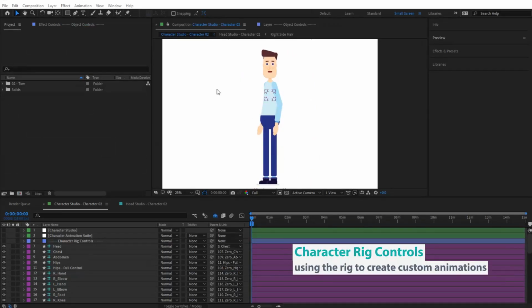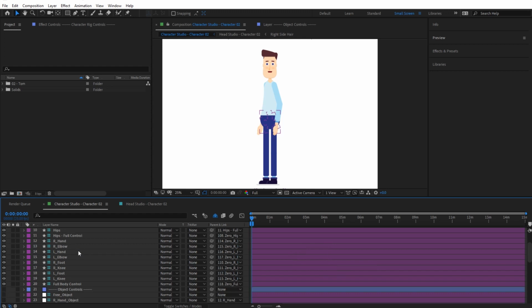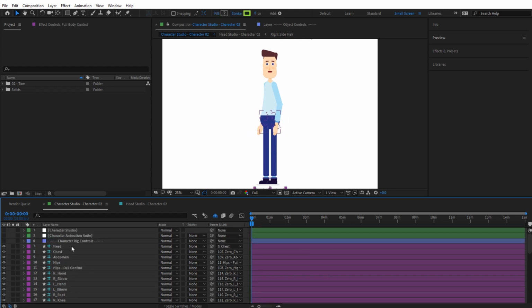Hi guys, so in this video we're going to have a look at the character rig controls. The character studio comes with this character rig in here and we can see them in this section. Now of course this is recommended for advanced users who would like to create their own animations using the character